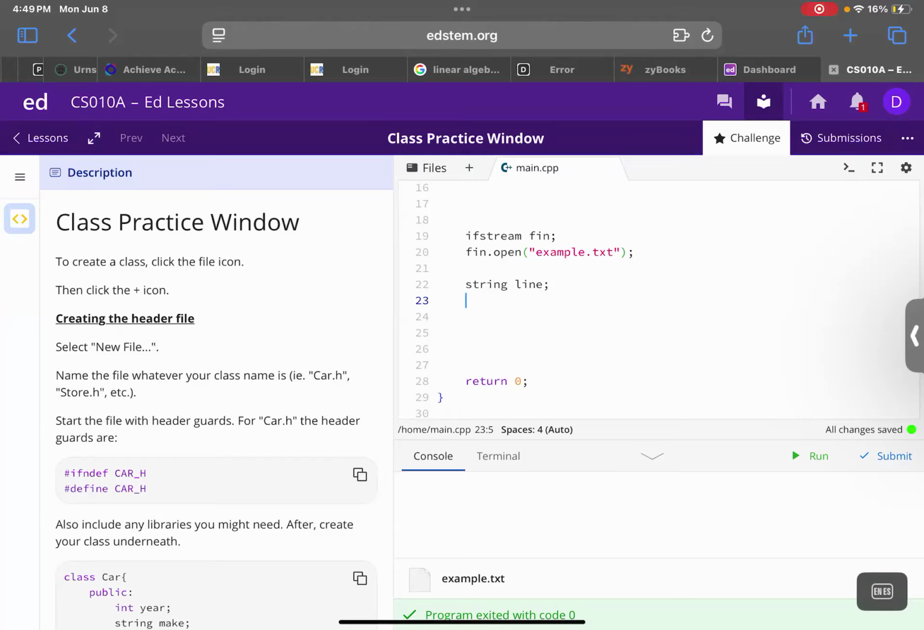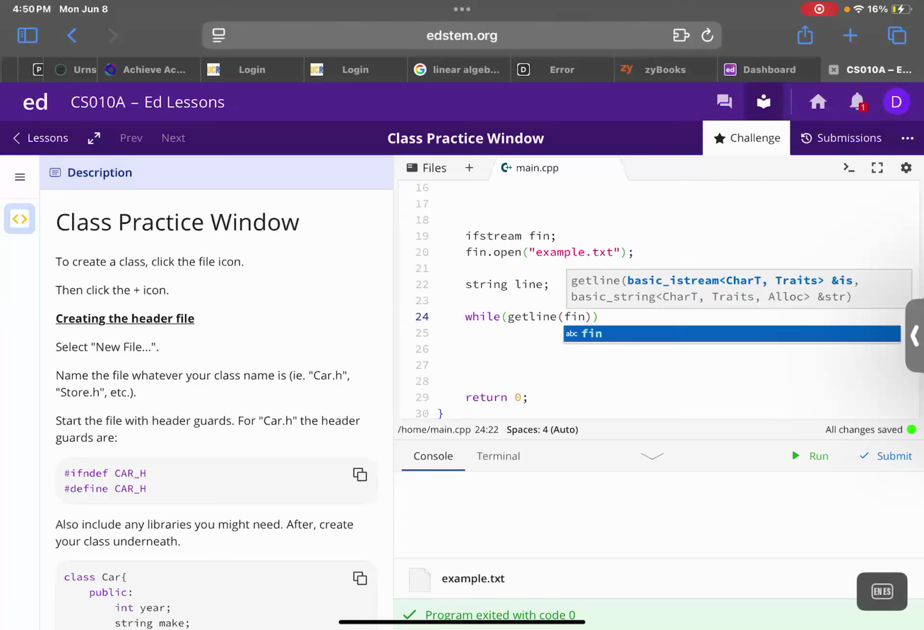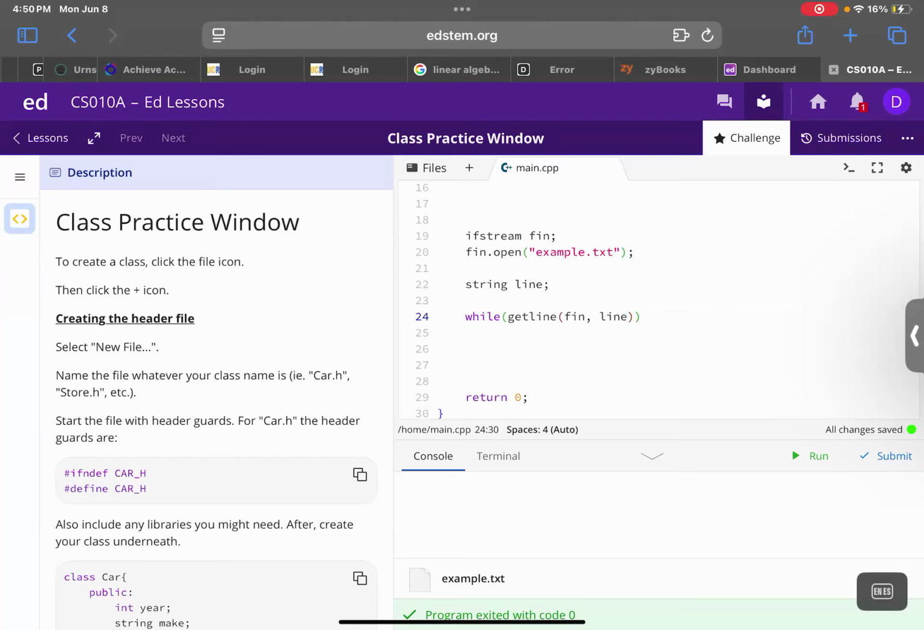we need to do the while loop. So we know that we use getline to read the whole line. So we use the while loop so that while there is a line, we're going to read every line until the end of the data. So here we're going to do while getline. And then here, instead of cin, we're going to use fin since it's being read from the file and not from the console. We're going to do fin, and then our string, which is line. And then here we're going to do cout because now we're outputting to the console. So we're going to do cout line